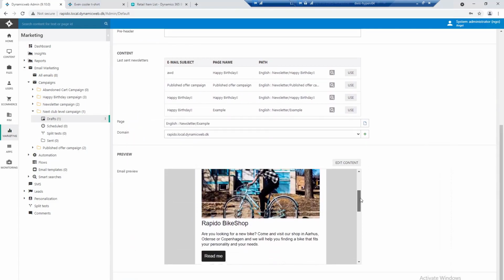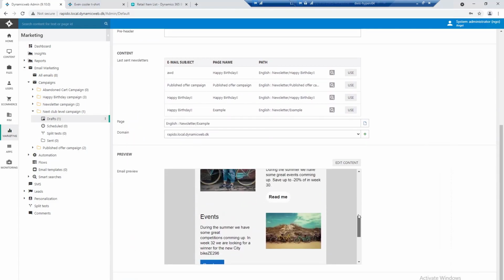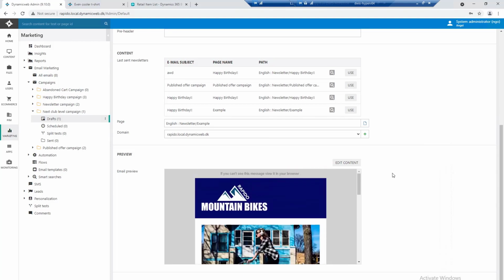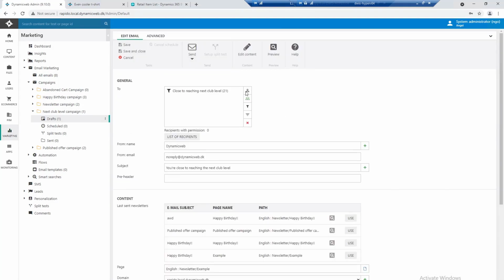This is just an example of what an email could look like, with different pictures and text and images and stuff like this. And then I can of course either send the email now, or I can schedule a send. And in this way, you can actually have pretty complex email marketing campaigns running on a scheduled basis, where it